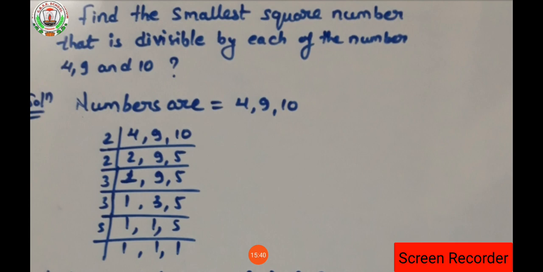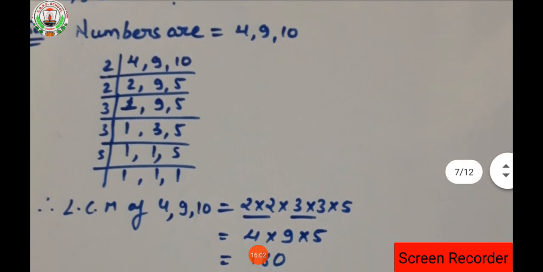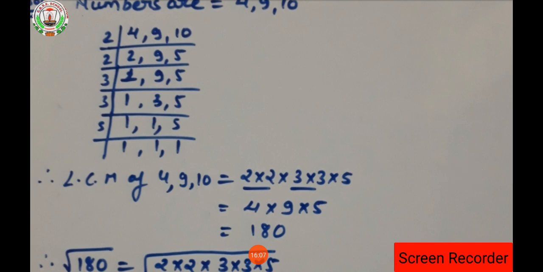In order to find that, what we are going to do? We have to find the LCM of the numbers 4, 9 and 10. All of you very well know how to find the LCM of the numbers, isn't it? So I am not going to explain how to find the LCM. It is very easy. You people are studying it from class 3, 4 onwards. So the LCM of 4, 9 and 10 will be how much? 180. So here I have found it. The LCM of 4, 9, 10 is 180, isn't it?